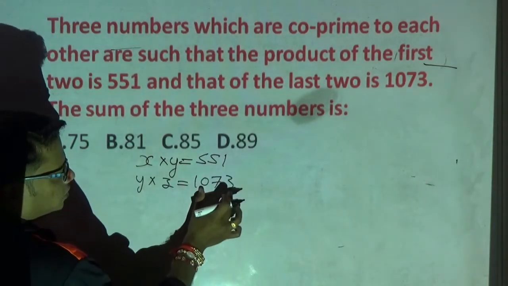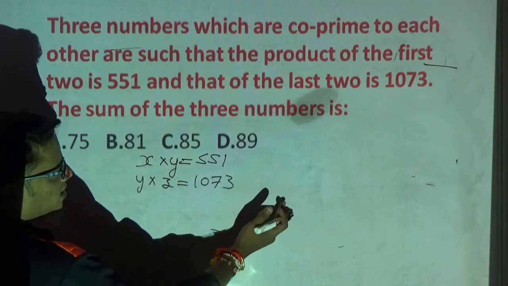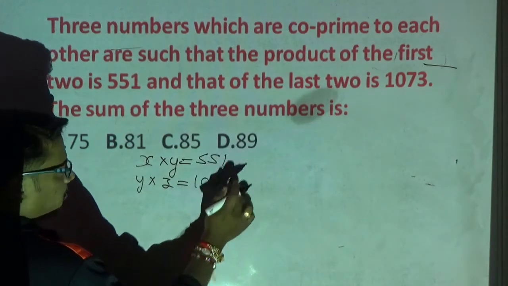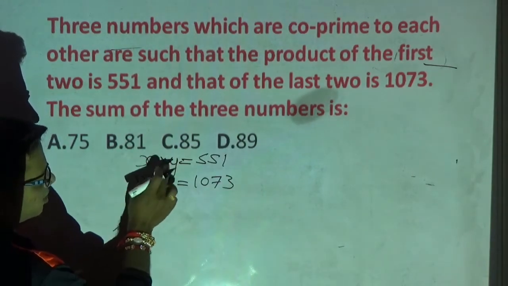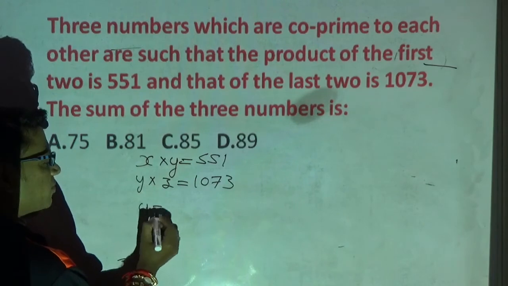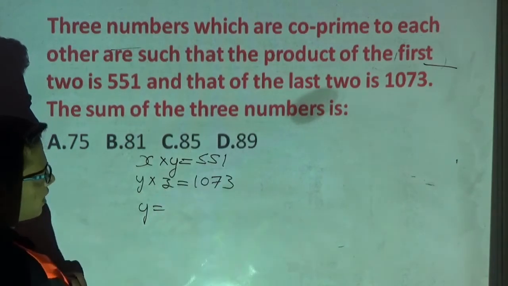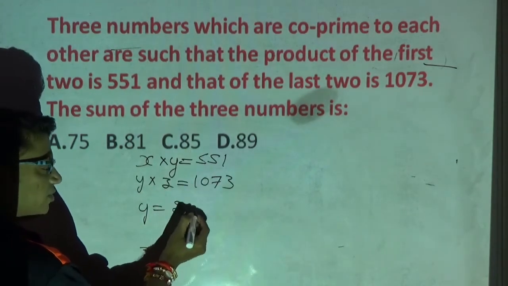Now the HCF of these two, in the RHS, I want to find out. In the LHS, what is the HCF? See, what is common, the maximum we can take common, is Y. That will be equal to their HCF. So I already worked it out, I have shown you that the HCF is 29.